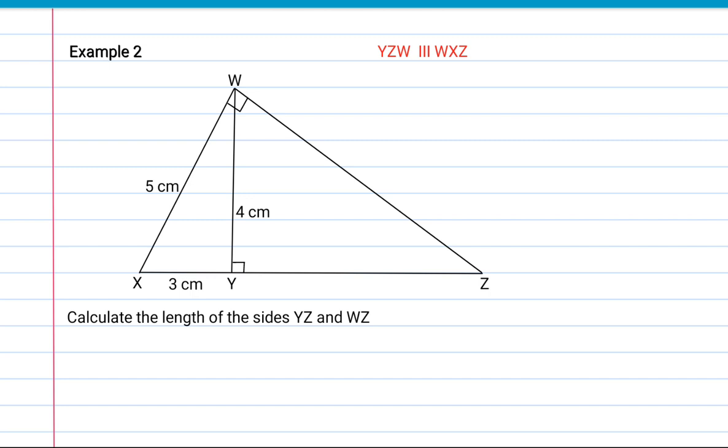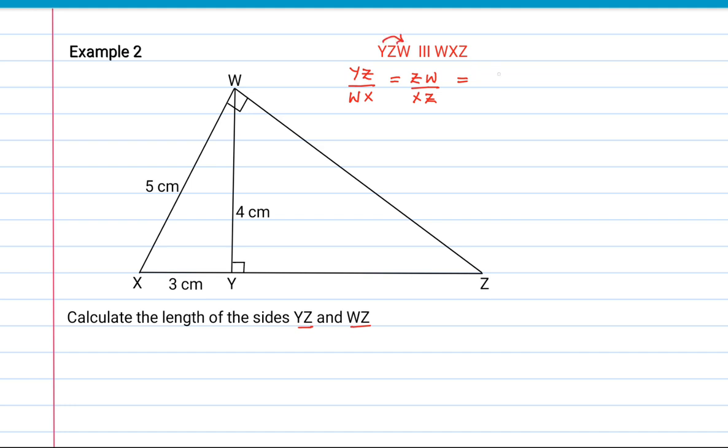Let's also look at the second example. For our second example, we are asked to calculate the sides YZ and WZ. If we want to find the triangles that are similar, YZW will be similar to WXZ. So here we would now say YZ all over WX will be equal to ZW all over XZ, which will be equal to